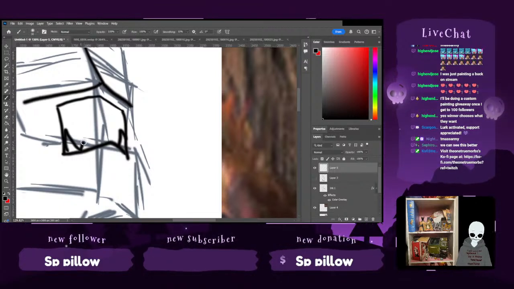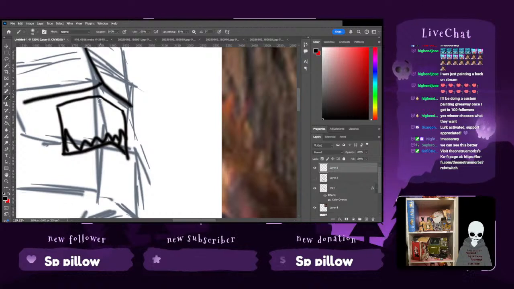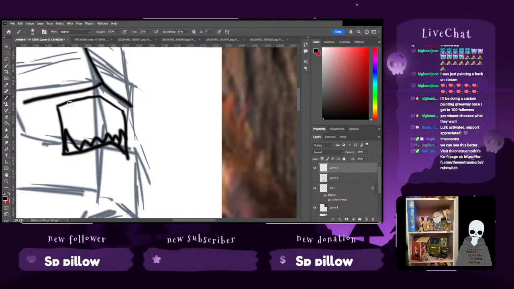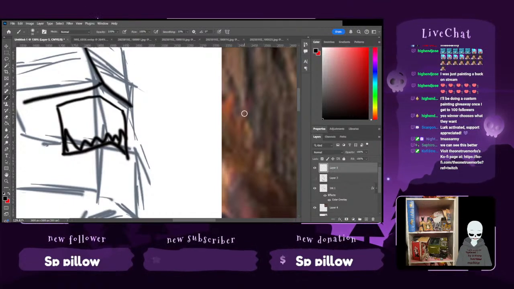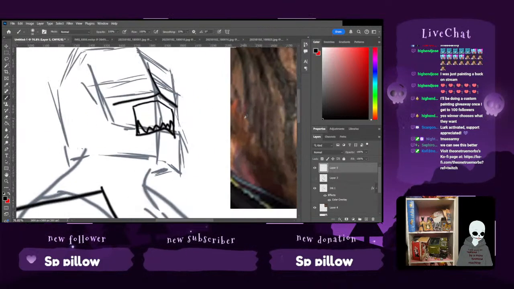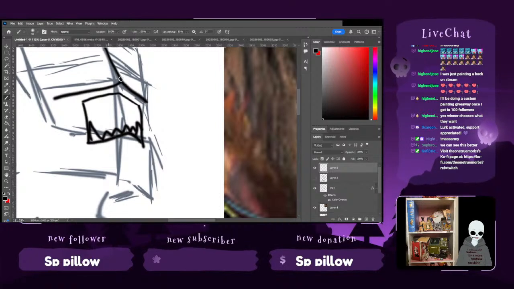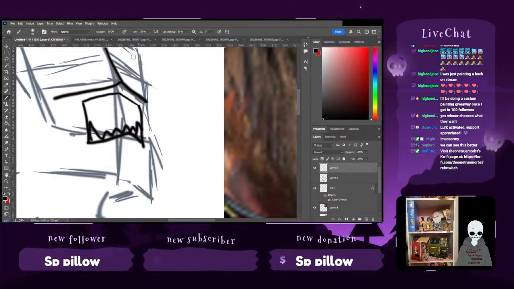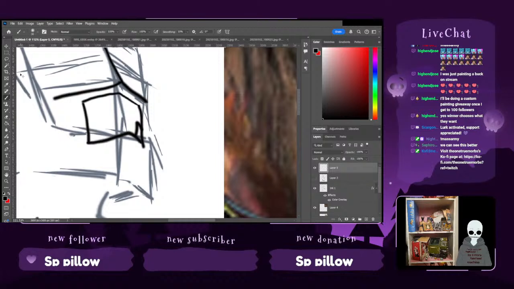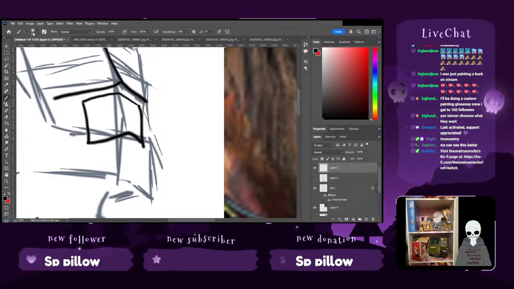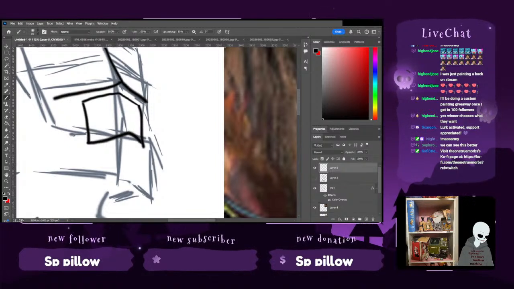So we'll just make that better. And then the other teeth are shorter in the front and more centered. You know what? Let's do these at 20.